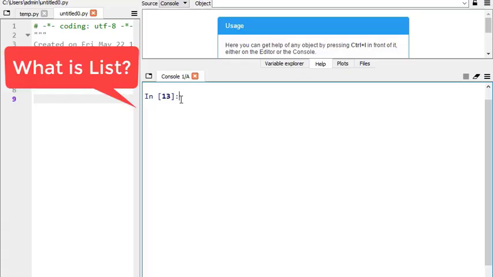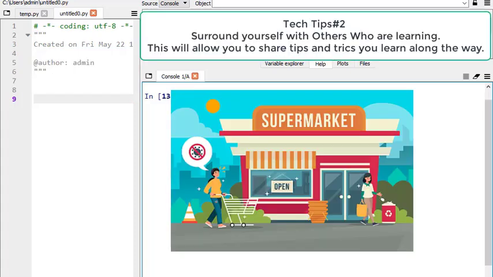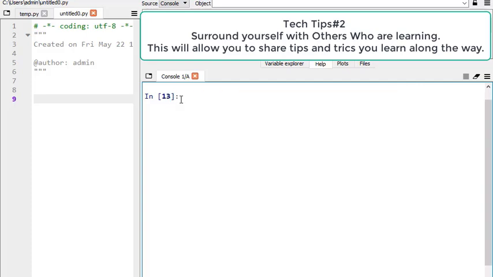What is a list? In day-to-day life, if you go shopping, you make a proper list of items to buy. These items may be different, maybe clothes or groceries. In a similar way, imagine you have different data. You have a number, you have a string, and you want to group this data together. If you work on arrays in C, C++, Java, it is the same concept here. If you know arrays, then it is good. If you don't know arrays, then it is very good.